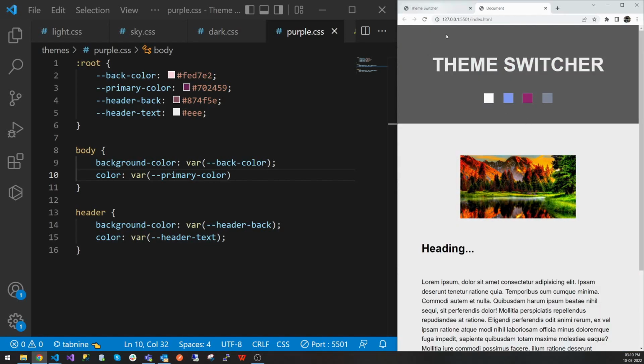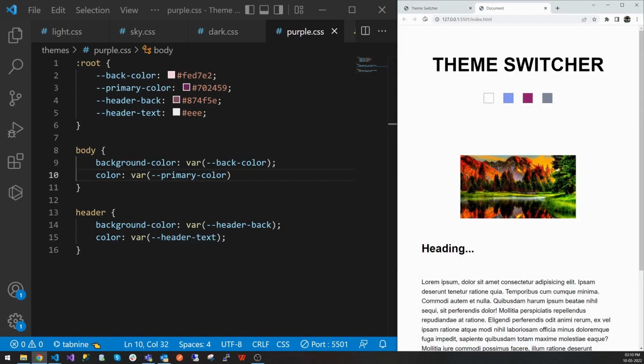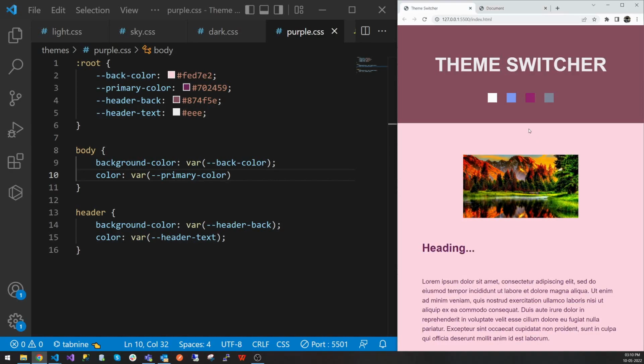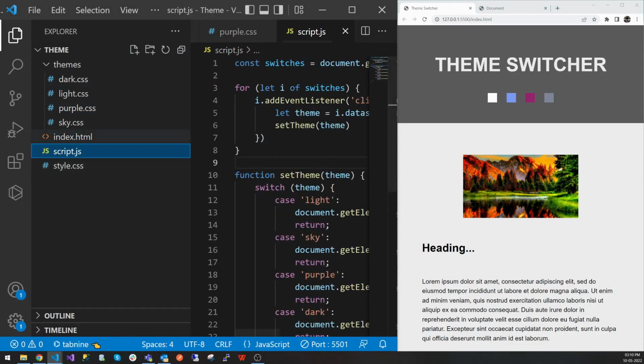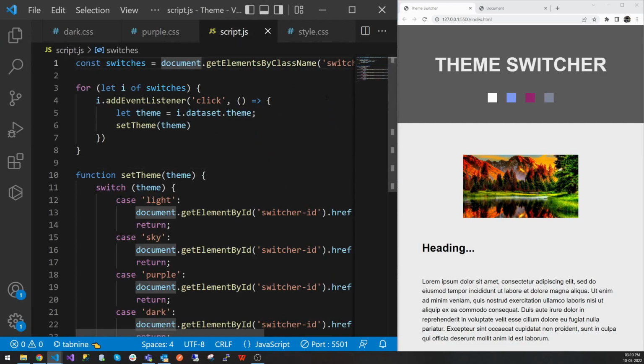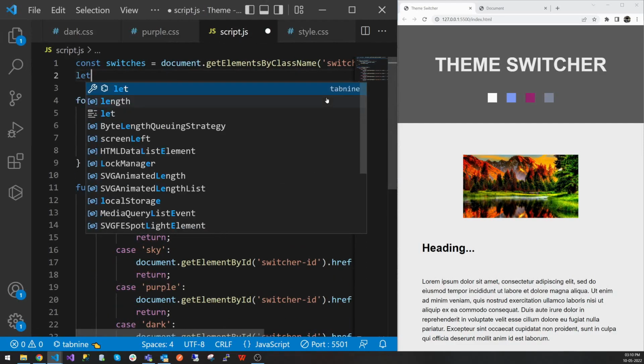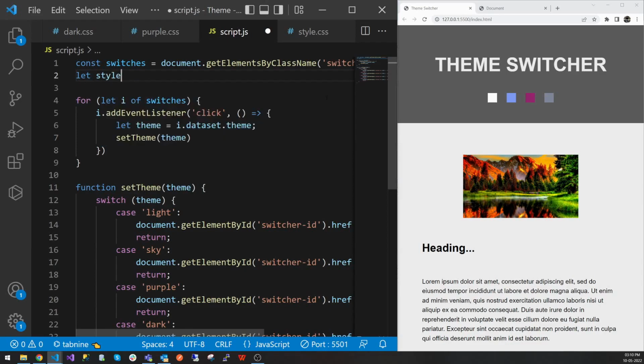But when you refresh it, it has a default style. But here, I am setting it as sky theme. When I refresh it, it stays in the sky. It stays in the light. We can do it with a simple local storage of JavaScript, and go and have one variable called style, which has